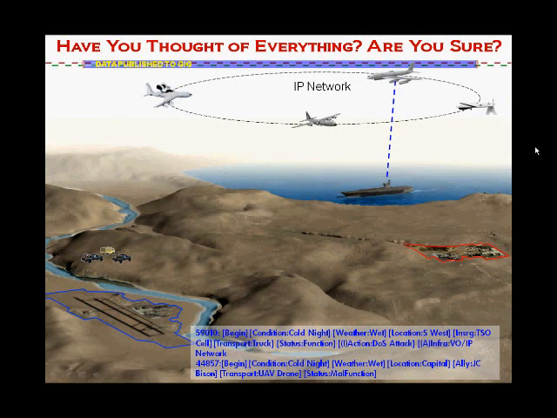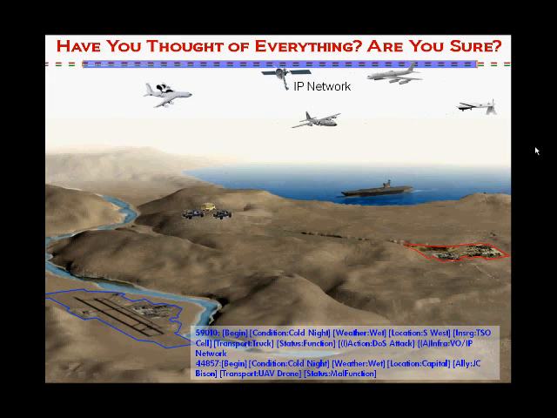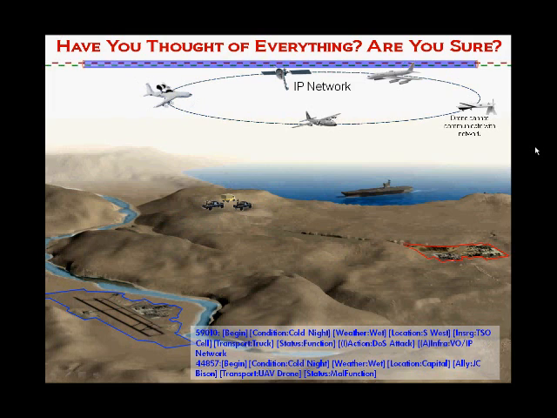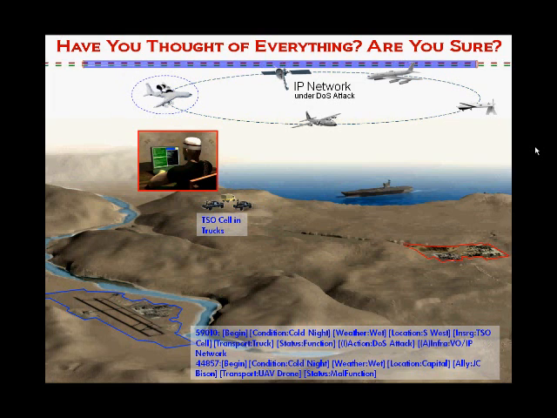The first scenario begins on a cold night in wet weather in the southwest location, when an insurgent cell uses a functioning truck to initiate a denial of service attack on the voice over IP network. In the second scenario, at the capital, Joint Command Bison loses communications with a UAV drone on the same IP network due to the denial of service attack.